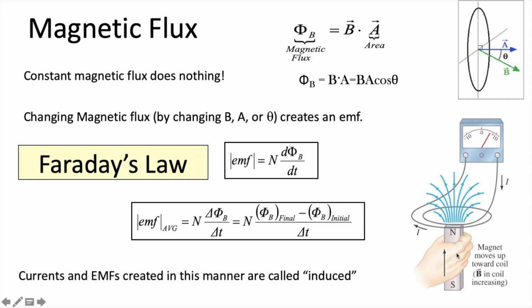For example, when this magnet is down here, the initial flux through the loop is 0, no flux passing through the loop, and let's say it takes 1 second to move the bar magnet up here. Then delta t is 1 second,